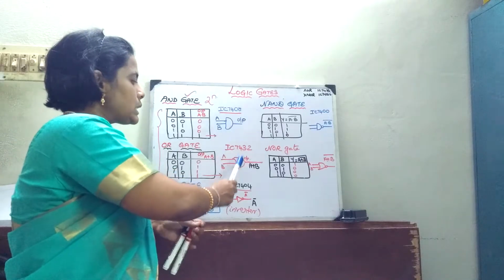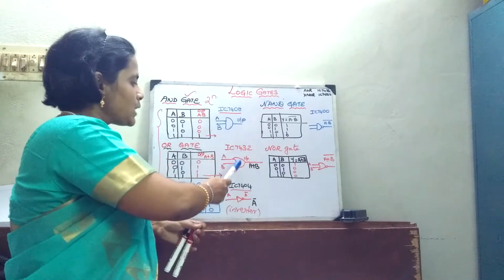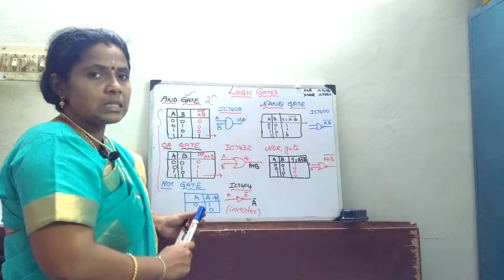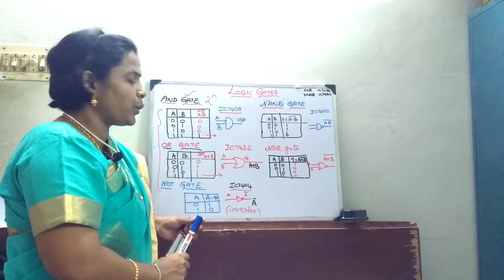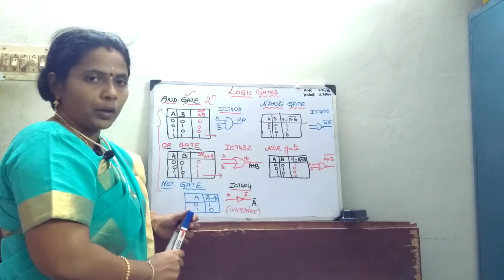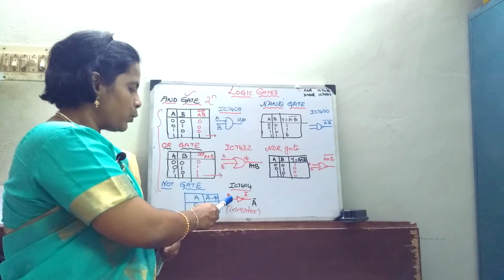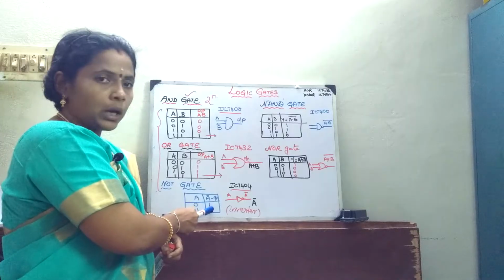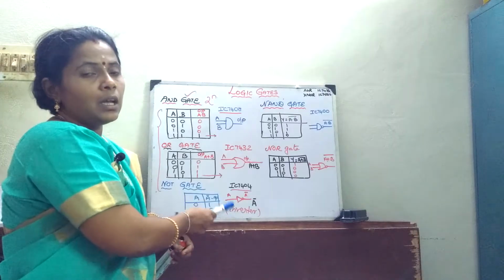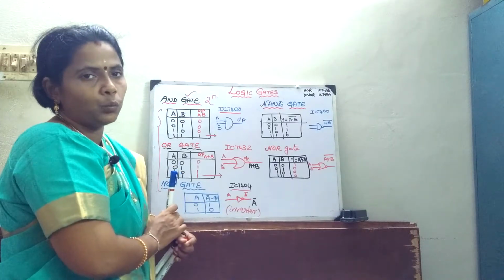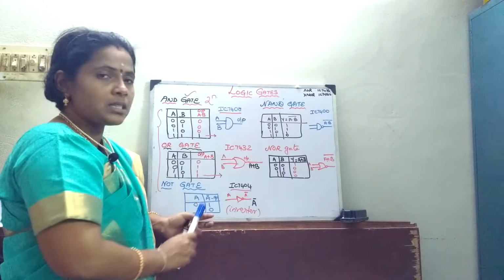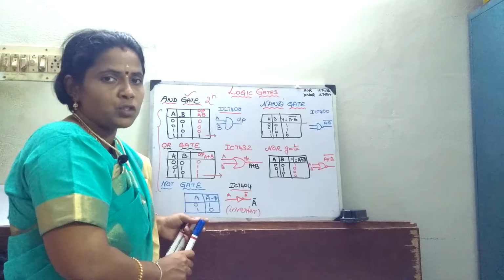Now this is the symbol for your AND gate as well as for your OR gate. In the case of your AND gate, the IC number is 7408, whereas in the case of your OR gate, it is 7432. Now we will move on to the NOT gate. The NOT gate has only one input. If I give 0 as the input, I get 1 as the output. If I give 1 as the input, I get 0 as the output. So it just does the function of negation, or inversion. It is also called an inverter. The IC number for this case is IC 7404.